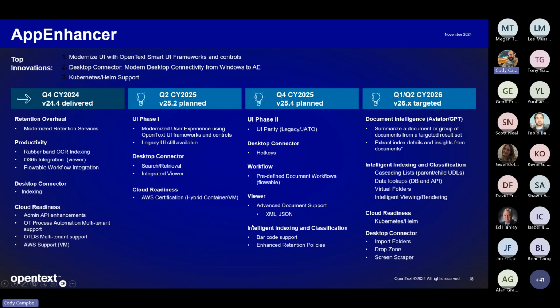The viewer is, again, we talked about advanced doc types. This is for some of the OEMs that have really complex data that's coming into the system they're storing in XML format or JSON, and transforming that is important. And IDLE has a lot of cool tooling to be able to work with that type of content, which we never had before. And lastly is barcode support on the indexing side for the user interface, and new policies for retention.